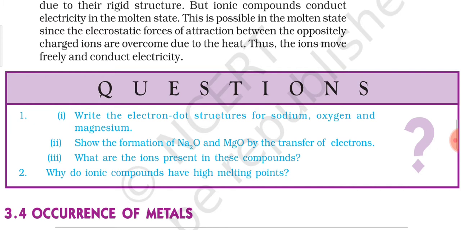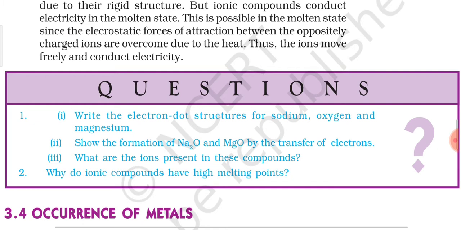then definitely it should be an ion, because we know that the particles in ionic compounds are anions and cations. So accordingly you can write. If you have practiced, it will take only 1 minute, not even 1 minute, to write the ions. Then the next one is magnesium oxide.